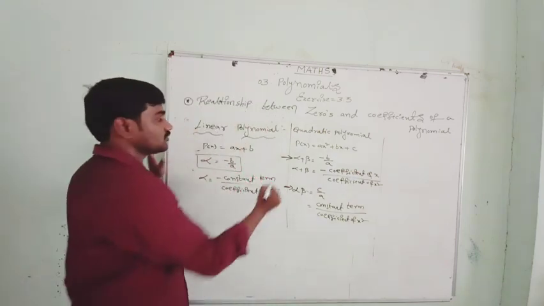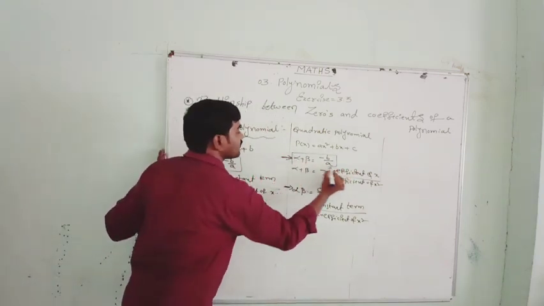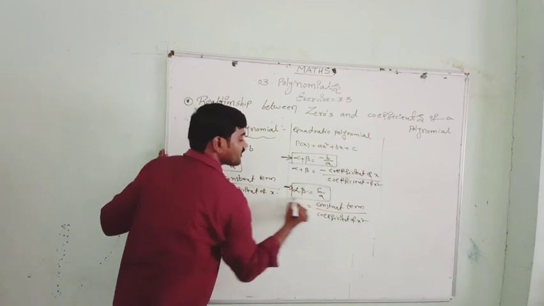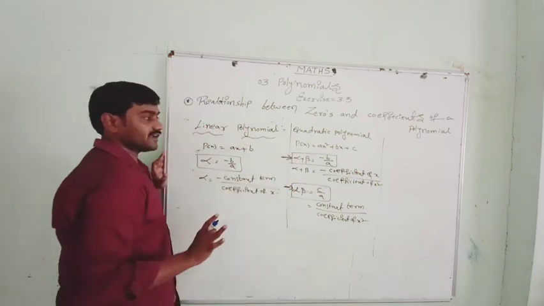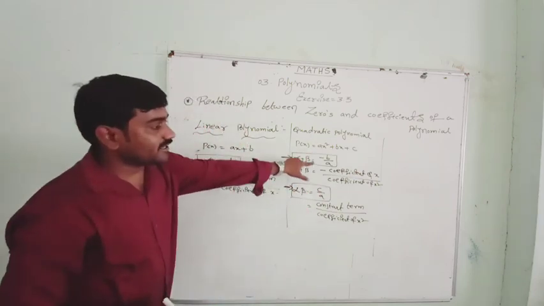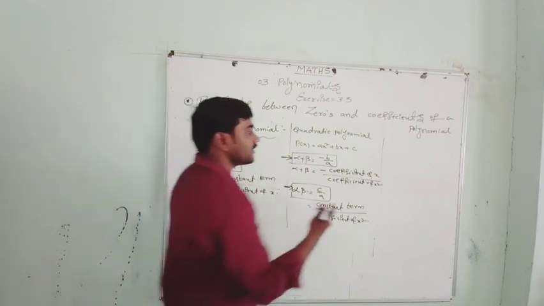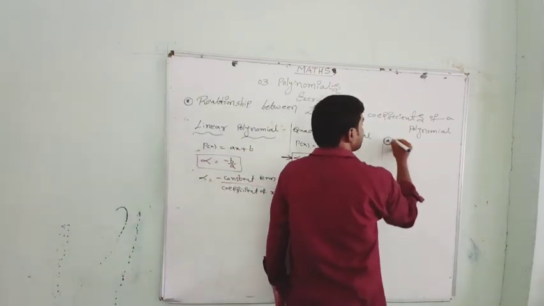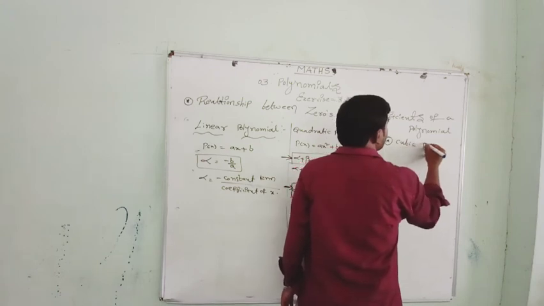Yes. These are the formulas. To remember the formulas I am writing this. If you remember the formula in general form, we can write. See minus b by a, here minus b by a, additionally we got c by a. Cubic polynomial also will be same now.